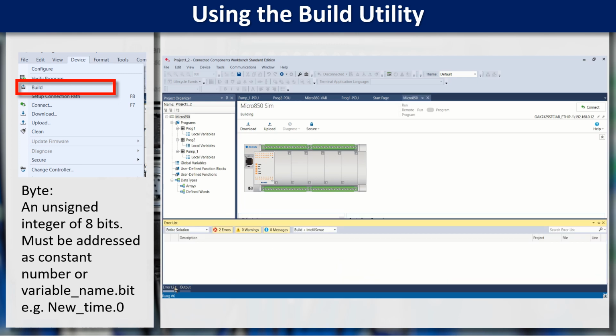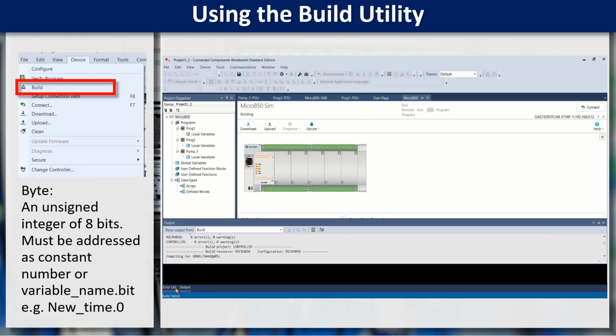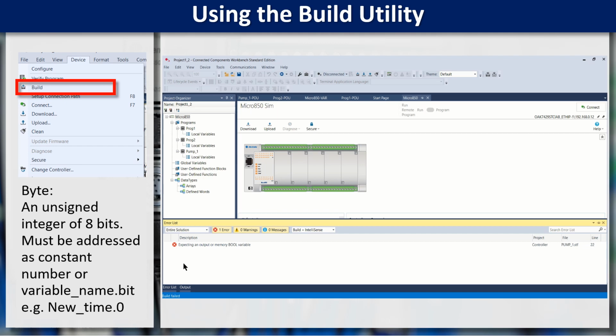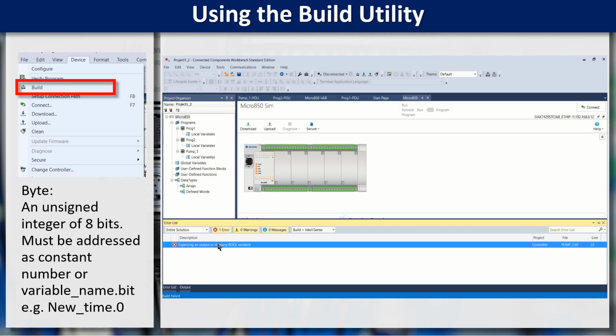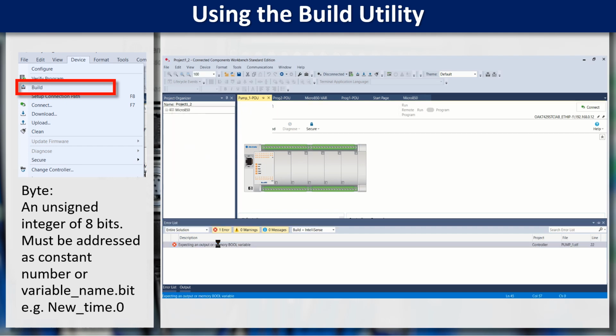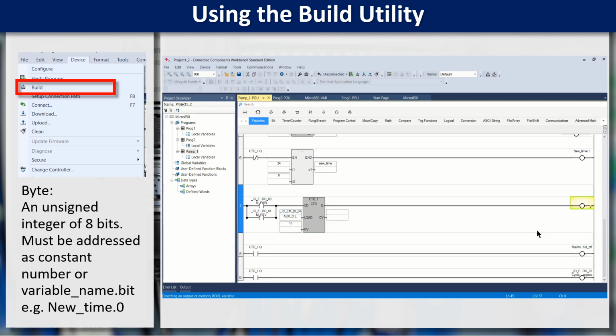Rung 6. Uh-oh. Expecting an output memory or bool at that location. One more thing to fix. Oh, an empty box. Empty boxes won't work. There, finished. So, as you can see, the build function is quite powerful, and it's going to prevent you from